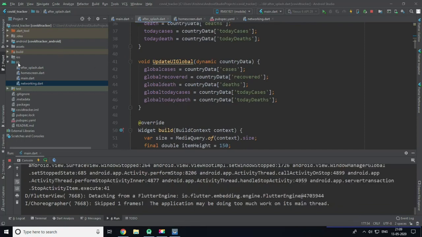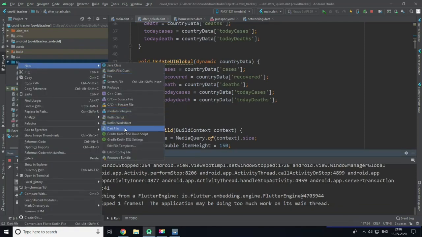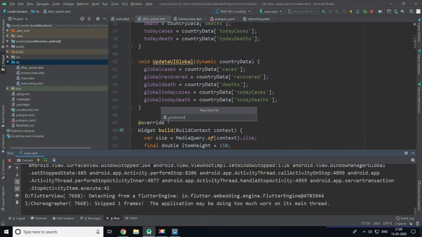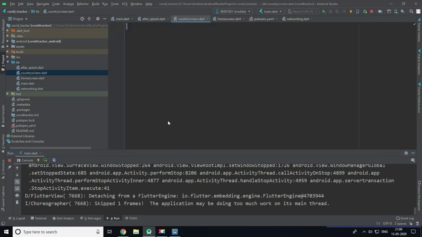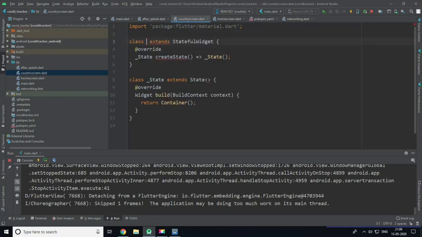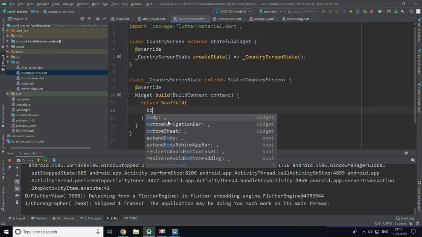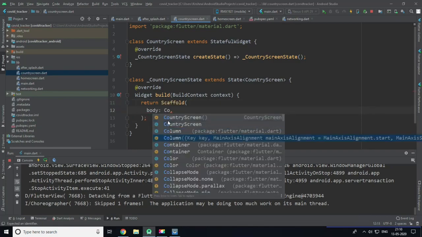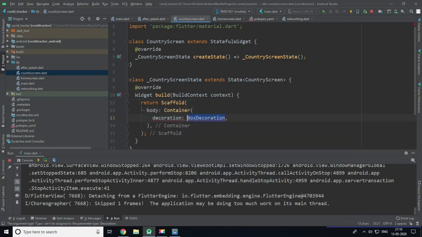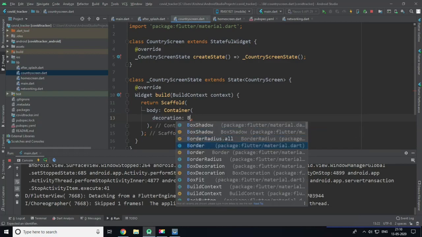So what we're going to do is to create a new file in this lib directory which is called country screen, so that we can enter a country name and get a country data. So I will import material.dart file and create a new stateful widget which is called country screen. Okay, and I will return a scaffold with body as a container, decoration as box decoration,